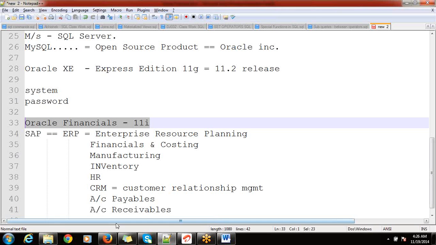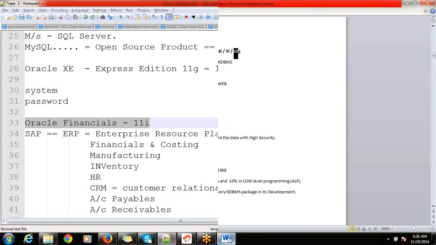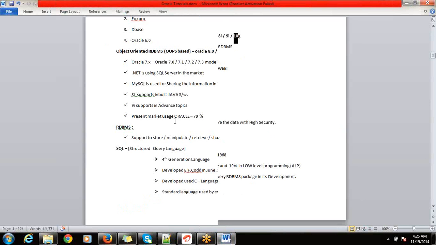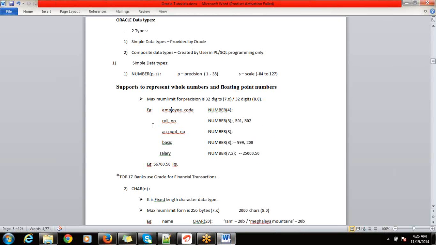So those are the various versions of Oracle, and here, let me go back to the data types. You can see here data types. Employee code is a numeric data type which can hold 4 digits. You can see the size is mentioned over there, precision.